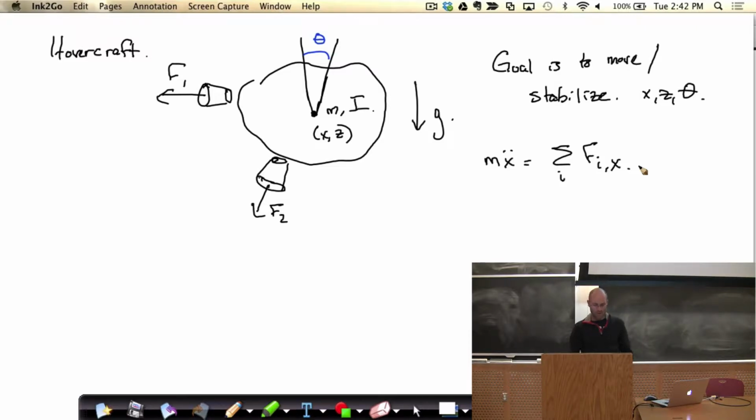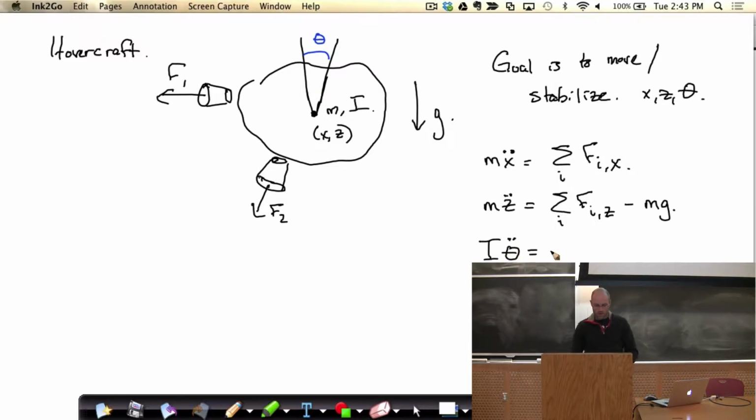F equals ma, right? Z dynamics are similarly simple. It's the Z component of those forces, and then there's a gravity force too in the Z direction. And then there's some term giving me